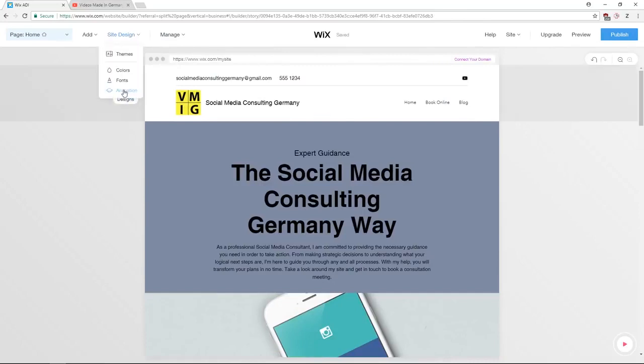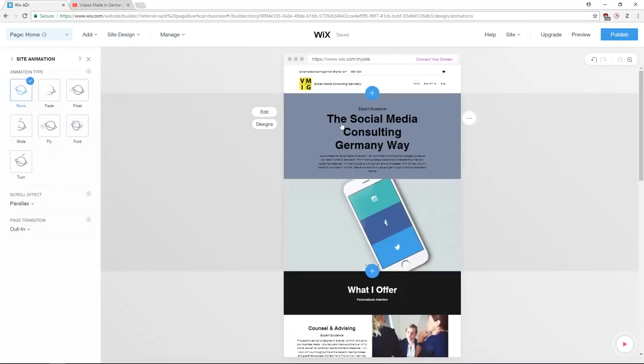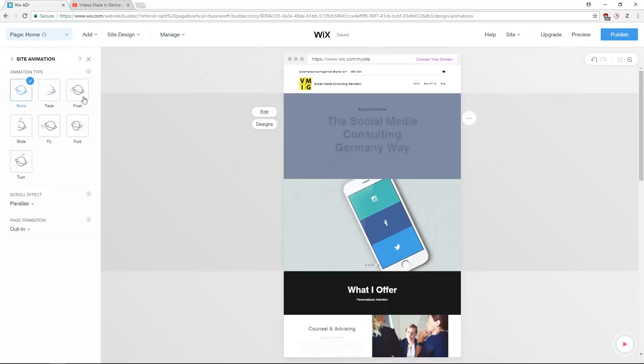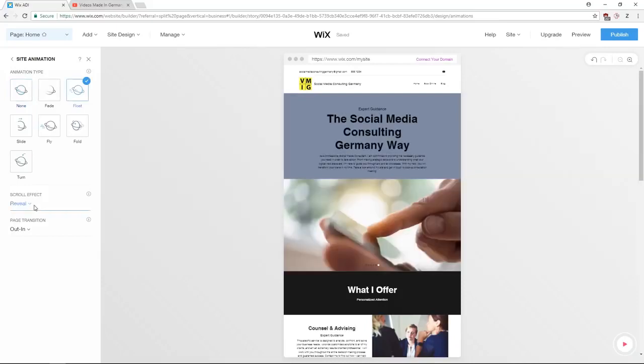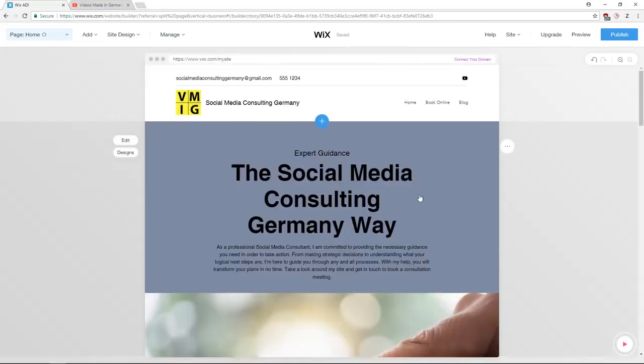Animations are how each of the elements and the text in the elements will show up when you go on the site. So none, it would just show up like this. And if you hover over it, on this side of the screen, you can see how it would look if we chose an animation like this. You can play around here with different effects and also change your page transitions if you have multiple pages on your website. So a general gist, if you want to change the whole site design, you go on site design